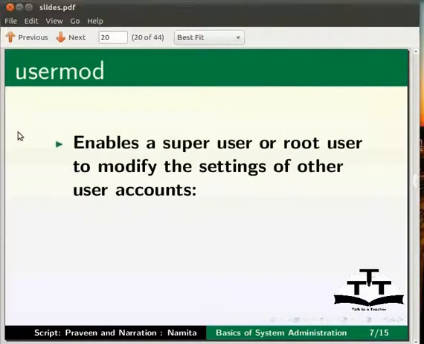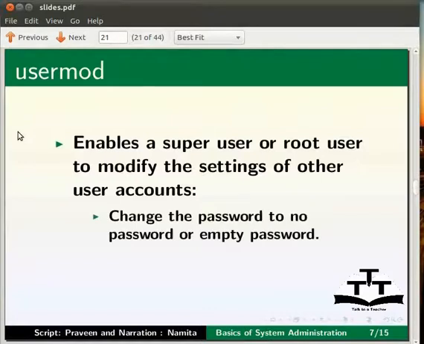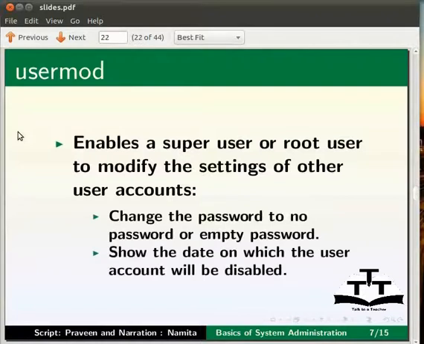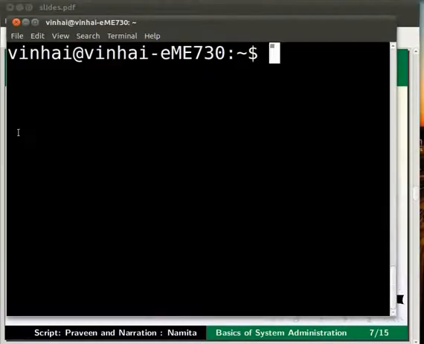The usermod command enables a super user or root user to modify the settings of other user accounts, such as change the password to no password or empty password, or set the date on which the user account will be disabled. Let us try this command and see. Let me switch to the terminal now.